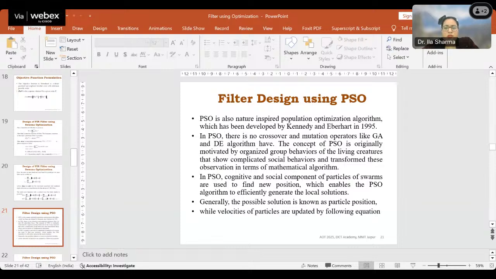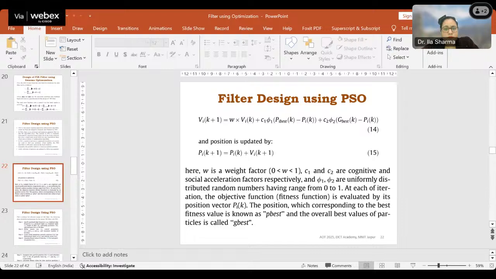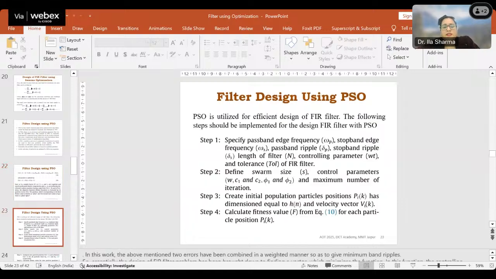However, I have implemented this with PSO, DE, Cuckoo, everything. And I have also taken some of the graphs here, which I will show you. But firstly, I want to tell you how this optimization can be employed here. So you know about this PSO, that we have the velocity updation and the position updation. See, these are the design steps. I make it full screen.